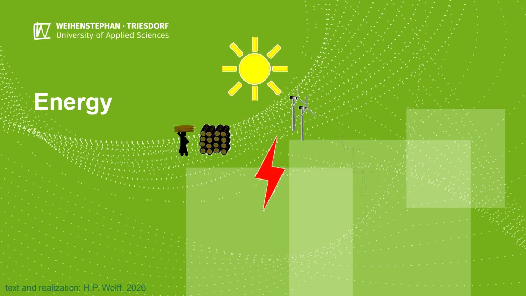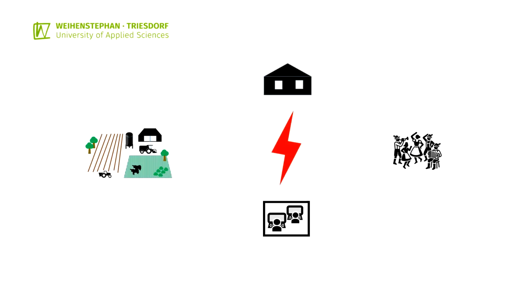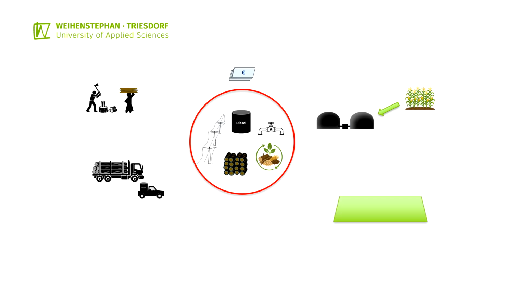Assessment of energy resources. Energy is needed in each of the 4 sub-areas of a farming system. The type and availability of the energy sources determines the competition between the sub-areas. This competition concerns not only financial resources for the procurement of energy carriers. Competition within a farming system can also exist for labor resources, transport capacities, biomass, or land resources.